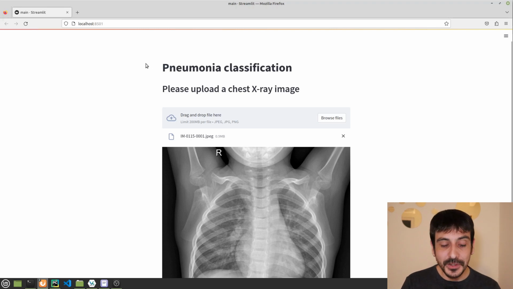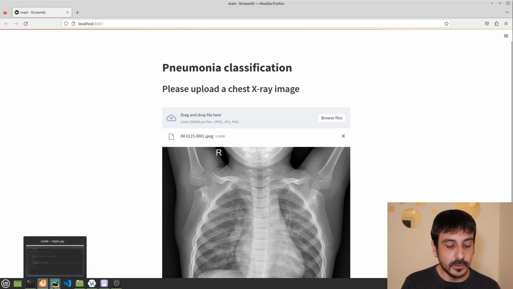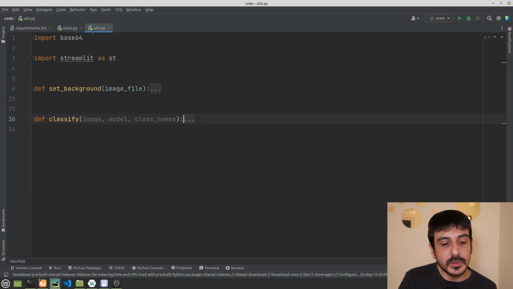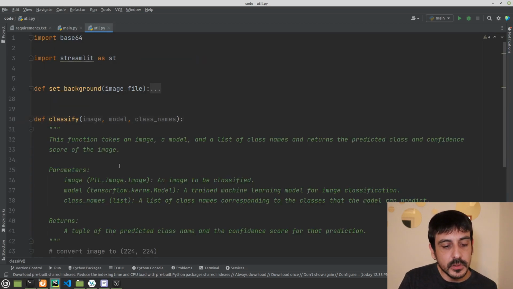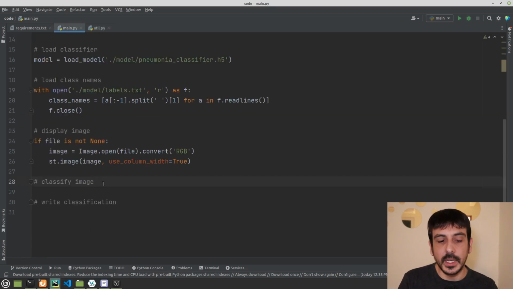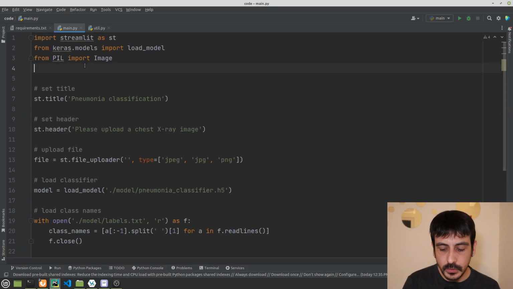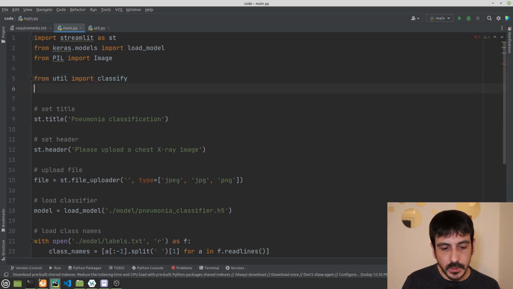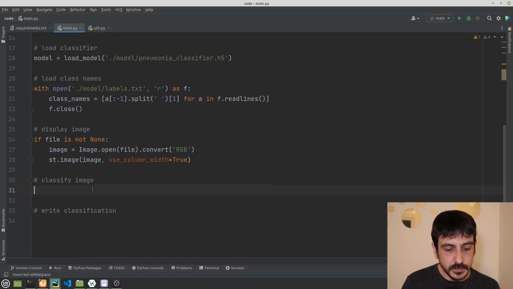Now let's go back to PyCharm, because now we need to follow additional steps. Now is the time we are going to make our classification. We are not going to make the real classification, but we are just going to call this very empty function in order to get these dummy values and in order to just move on, right? So what I'm going to do is from util import classify, and I'm just going to call this function.